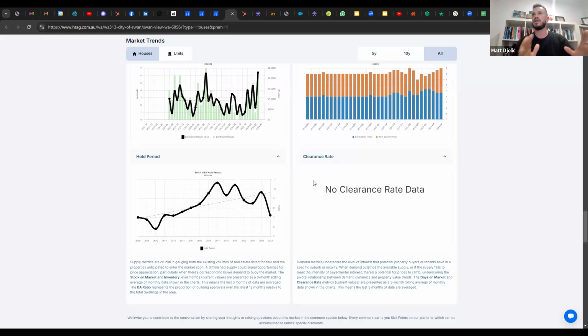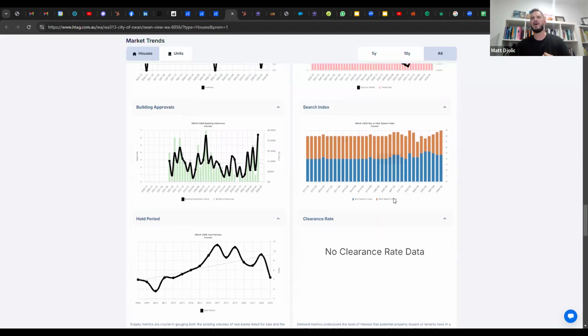So every metric is a narrative constructed. Think about it. What does it say? Tell me what it says. You know what I mean? And you need to ask yourself that. In the same way, when you look at buyer search index and you see, let's say, buyer index increasing, that means that people are searching more for property to buy in that area. Now, the question that you have to ask yourself is, how long does a search convert to a sale? And there's a large gap there. It doesn't even have to convert to a sale,